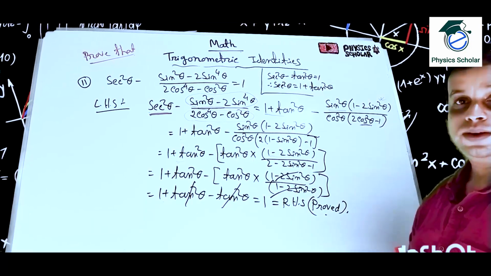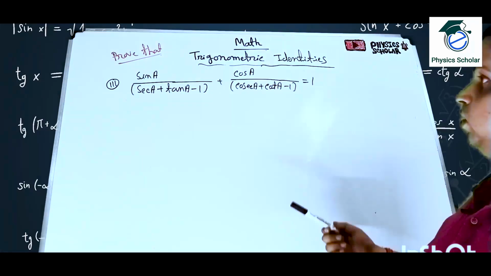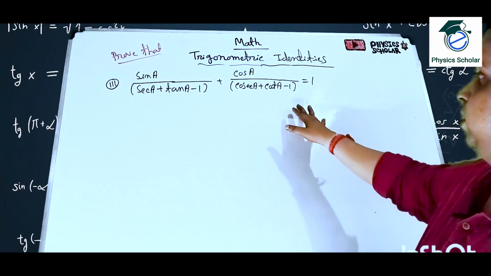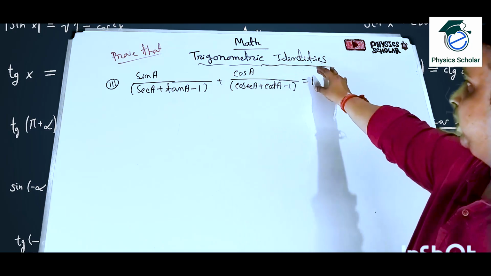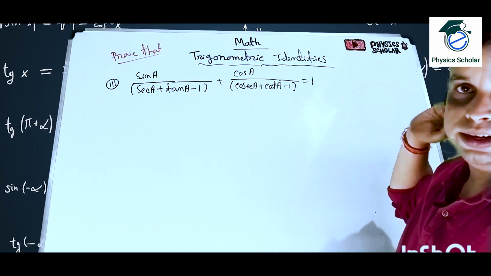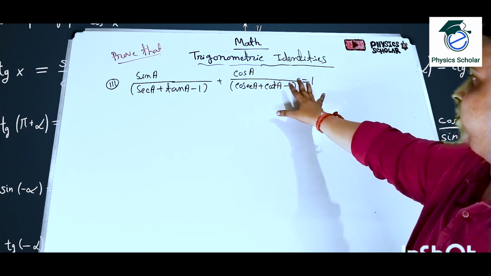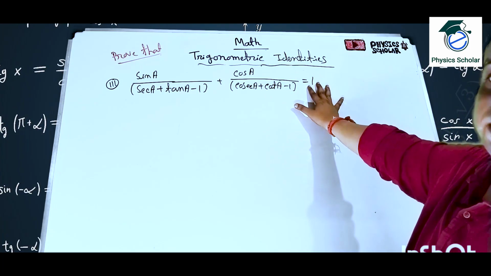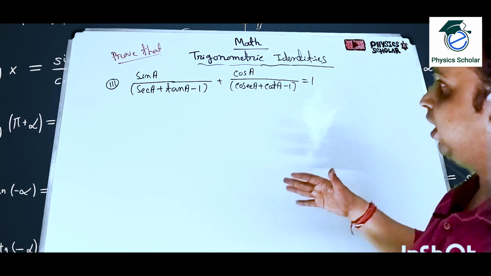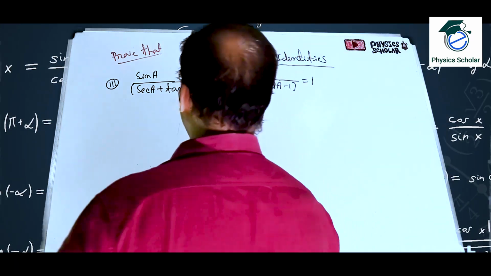Okay. So now let us move to the next sum number 3. So students, here sum number 3 for today's episode. Clear? What we have to prove? Here again we have to prove the left hand side, this value is equal to 1. That means whatever after calculation, clear, this value is constant, that means 1 should come. That means left hand side you have to prove is equal to 1. Okay. So which will be equal to right hand side.